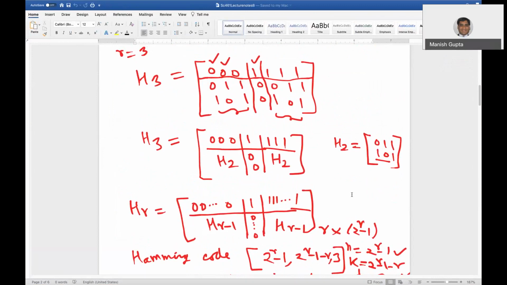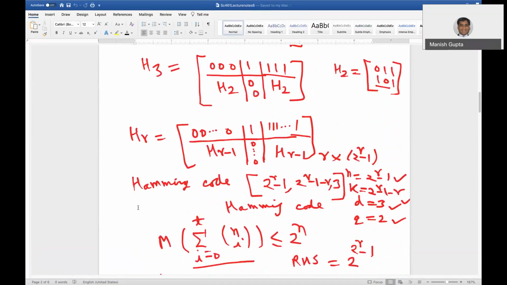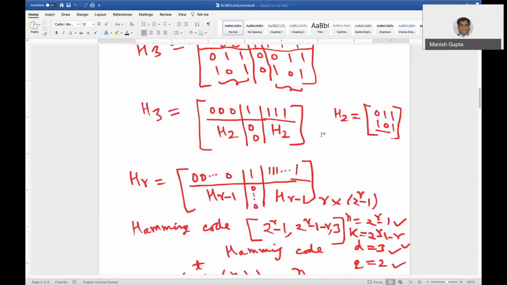Okay, so as we constructed the parity check matrix of the Hamming code inductively, we can write it like H_r is equal to [0, 0, 0 ... 0, then 1, 0 ... 0, all-one vector, H_{r-1}, 1, H_{r-1}]. Now the size of this matrix is, remember, r cross 2 raised to power r minus 1. So normally